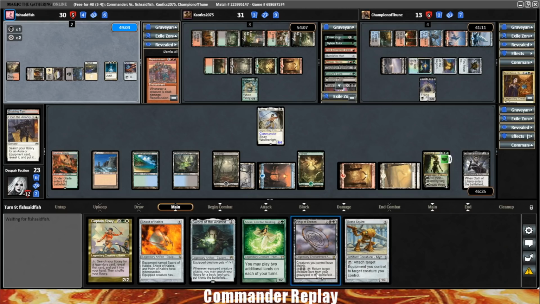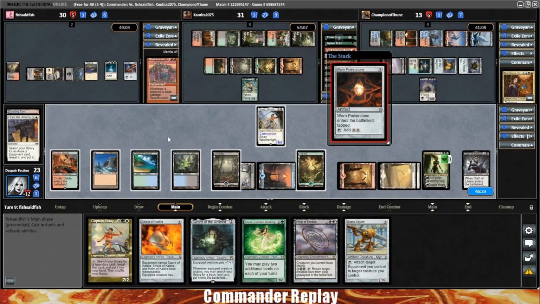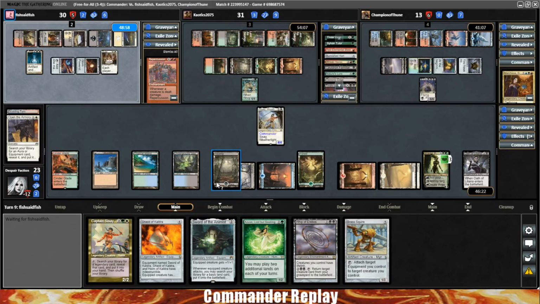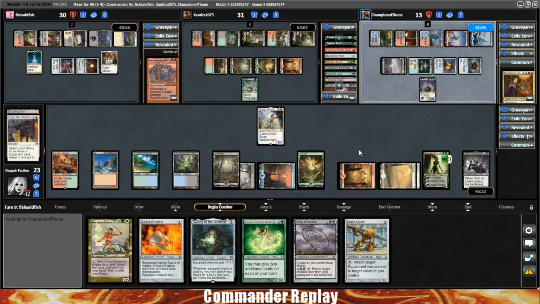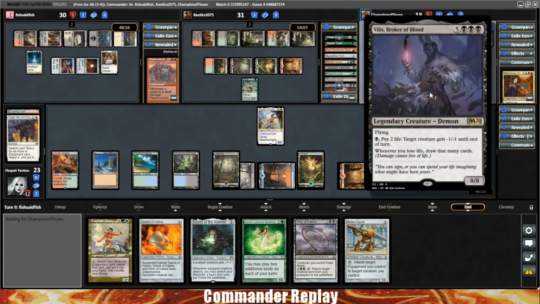Oh, we just messed up. We just messed up. Big time. Well, here comes the Rule of Law. That's at least a little good against the Vilis, because they can draw a lot of cards, but they can't necessarily cast them all. I mean, I guess the question is, do they pay enough life to...